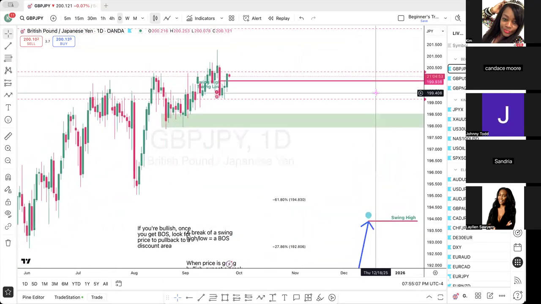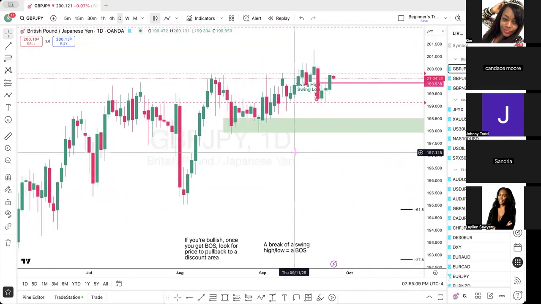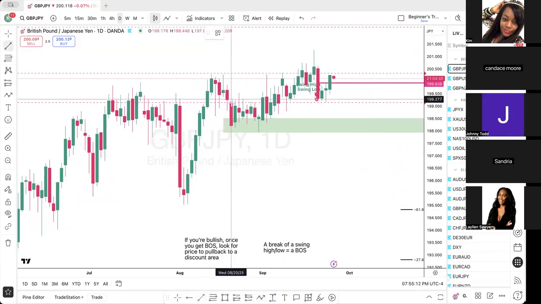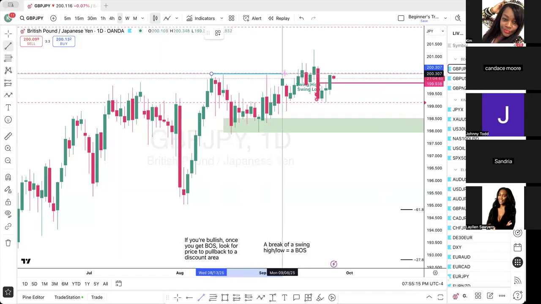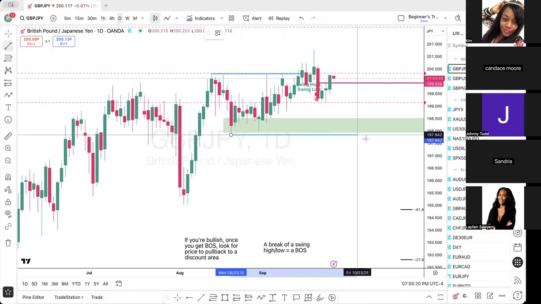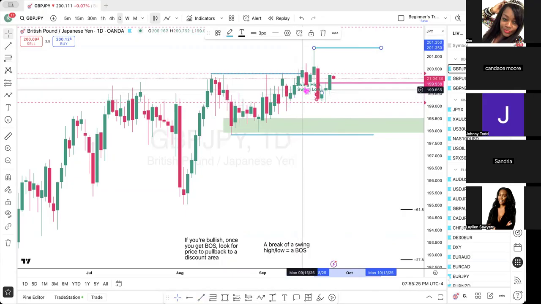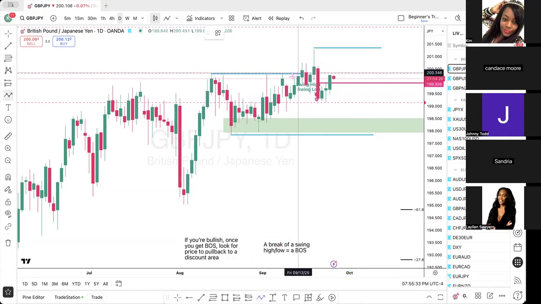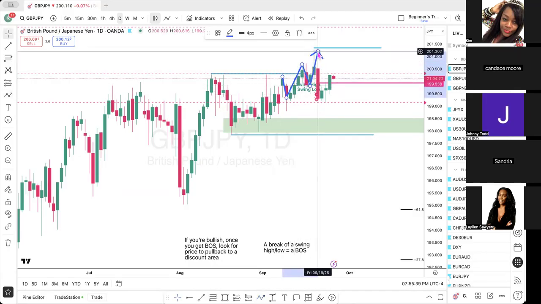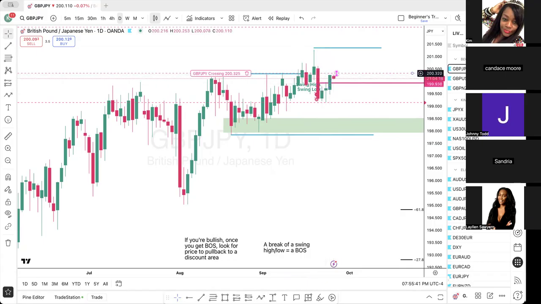In the meantime, I'm zooming in where price currently is. And the first thing I see, without even changing the time frame, is that I have a break of structure. That means this is my swing low and this is my swing high, right? And you can see that price has shifted and gave me a market structure shift, because within here, this was structure right here. So this gave me a market structure shift, and I'm looking for price to pull back.